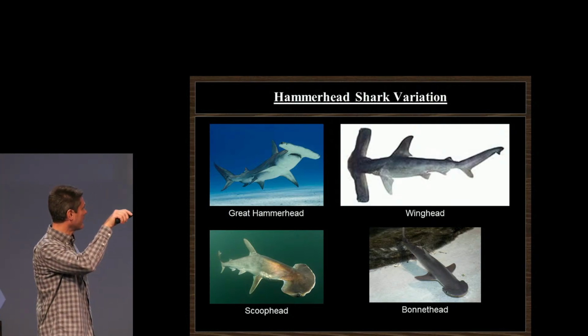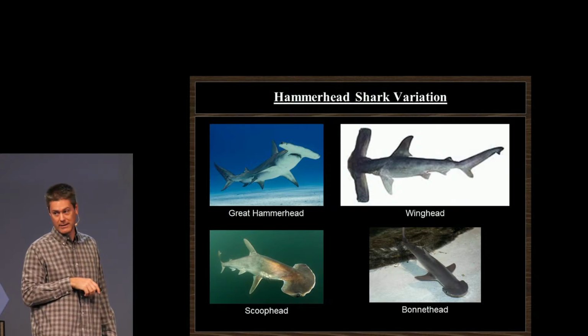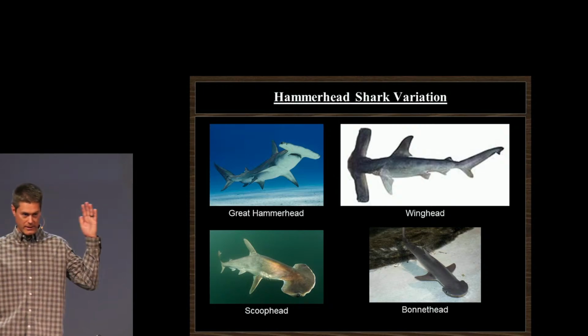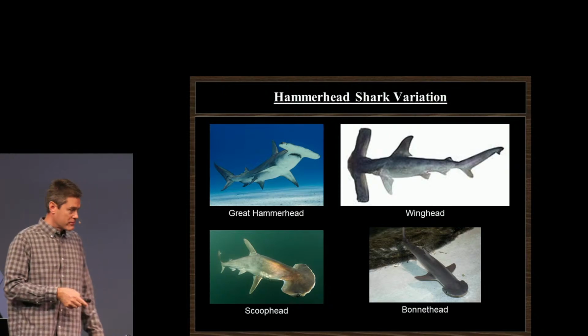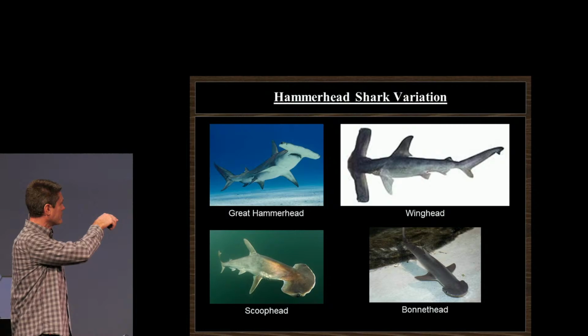So here you've got your great hammerhead, your winghead, whose cephalofoil is almost as long as his body. And then on the other hand, you've got the scoop head and the bonnet head, especially the bonnet head, where you can barely see any kind of extension from the head at all. So there's a lot of variation in these sharks. But what's also interesting about these sharks,